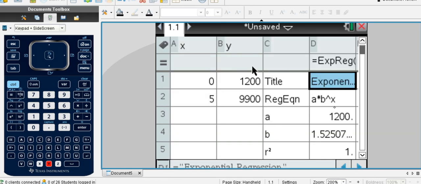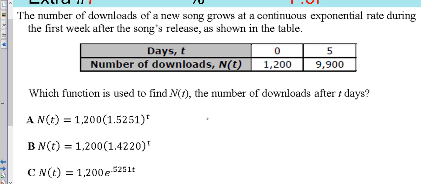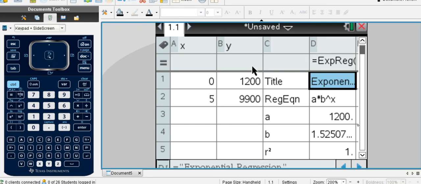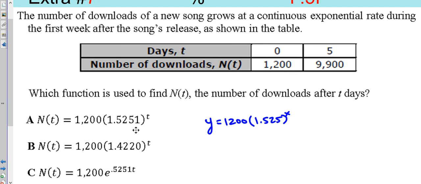And here it tells me my equation's in the form of a times b to the power of x, and it says my a is 1200, my b is 1.525. So we think, oh, my equation must be then y equals 1200 times 1.525 to the power of x, because that's what the calculator said it was. Here's the one problem. That answer is available, it would be A, but it's an incorrect answer because